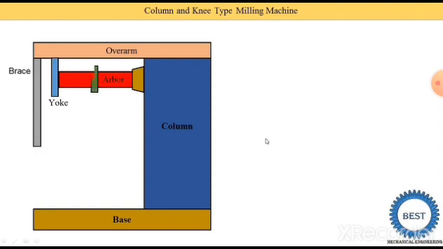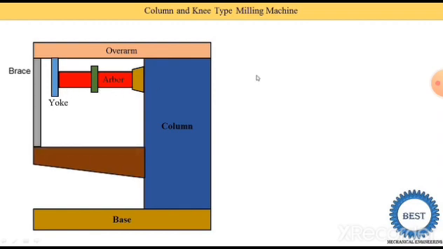Now the next component is the milling cutter. The milling cutter is mounted on the arbor, so its location is not fixed. It is installed here, or it may be installed here by removing the spacings. By using these various spacing collars, we are able to adjust the milling cutters to any position on the arbor.